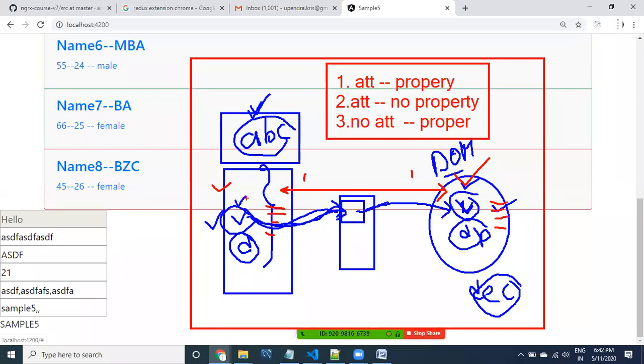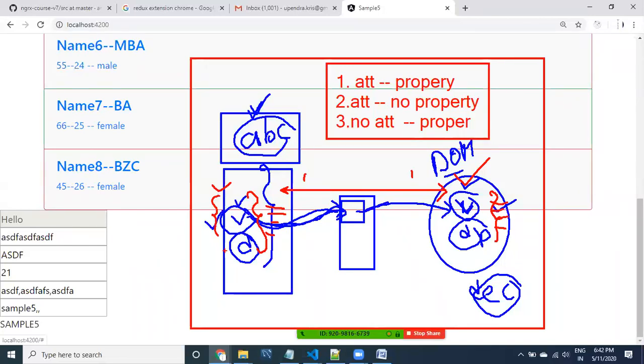Got it, guys? A few attribute values are set into DOM properties. A few DOM properties will be available extra, and a few HTML attributes may be available extra. So if you know that attribute is different and property is different, that attribute is related to the HTML element and property is related to the DOM, then you can understand the concept of property binding and attribute binding.